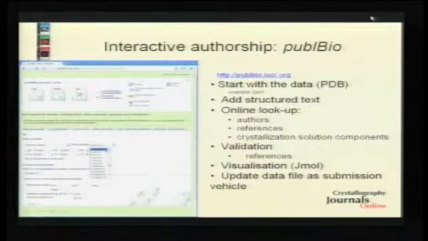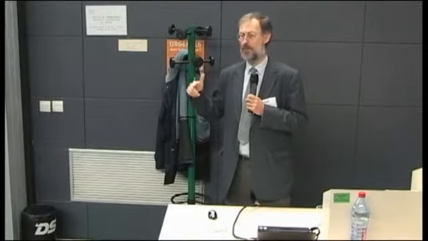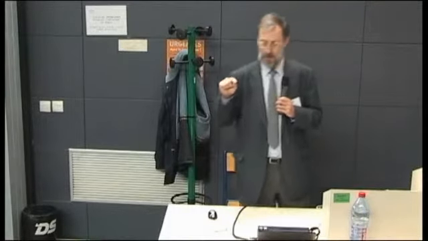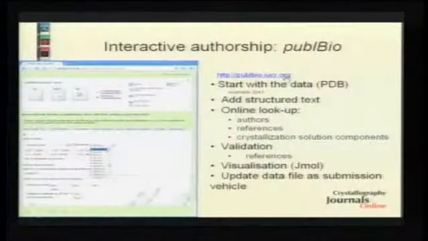One of the points I want to make is that the tool Jmol is specific to chemistry, but the architecture for managing all this within the publishing and review workflow is something that I think could be adopted in other environments and by other journals and so forth. The architecture allowed us to build on